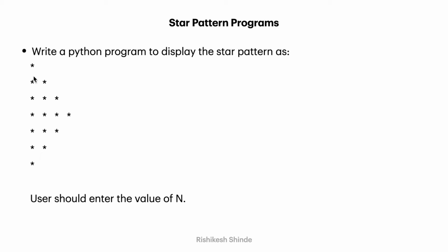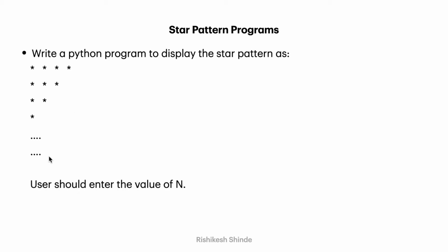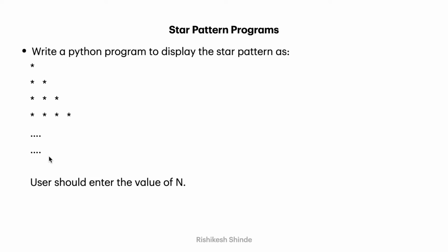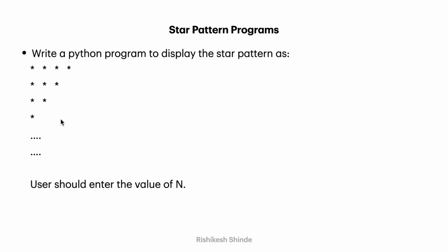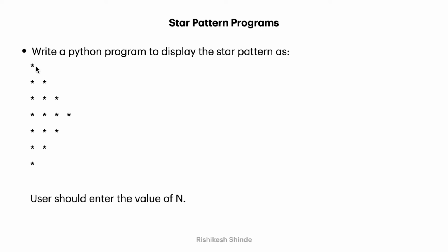So now first check what is the difference between this star pattern and the last two star patterns. This was our last star pattern, and this was our first star pattern. Now if you can relate, in this star pattern, as we go downwards, our stars are increasing, and in our last pattern, as we go down, our stars were decreasing. But in this star pattern, we are mixing the last two patterns. First, our stars are increasing, then our stars are decreasing gradually.